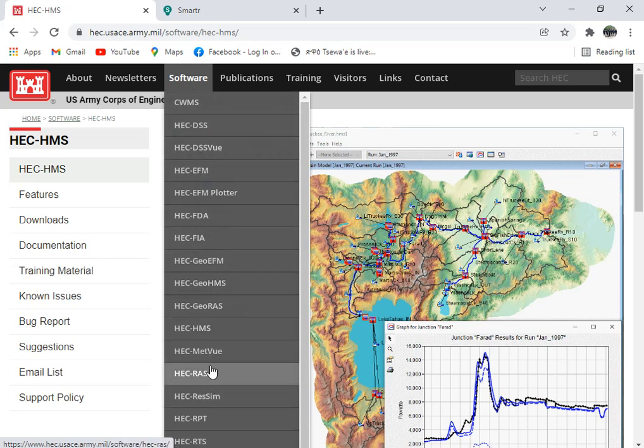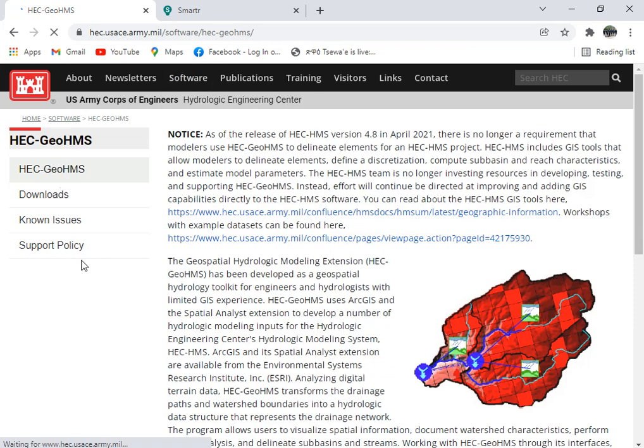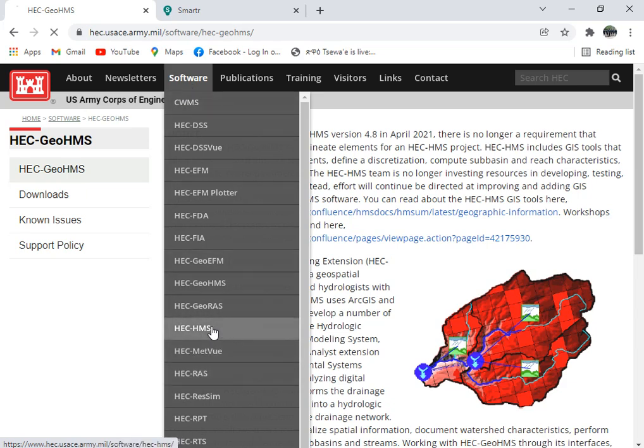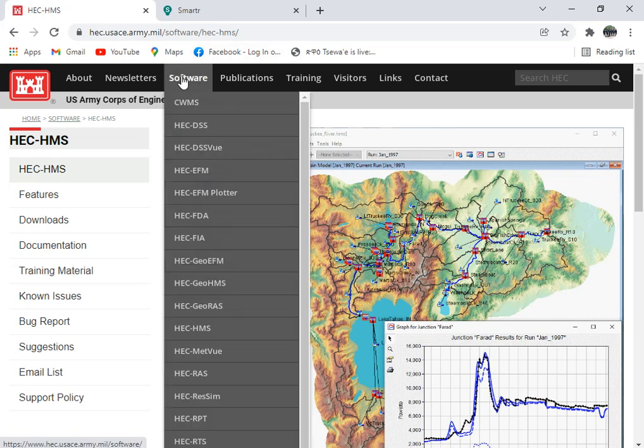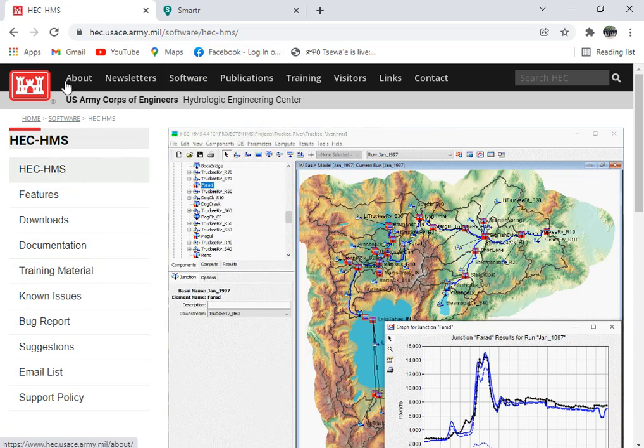Different softwares. For our case, we need these HEC-HMS models and HEC-GeoHMS models. So the first software that you require is HEC-GeoHMS to do a model on HEC-HMS. You can download the model by clicking on this. Right, you can download here. So this is HEC-HMS, HEC-GeoHMS, and this one is HEC-HMS models. Under software we can download those models from the HEC